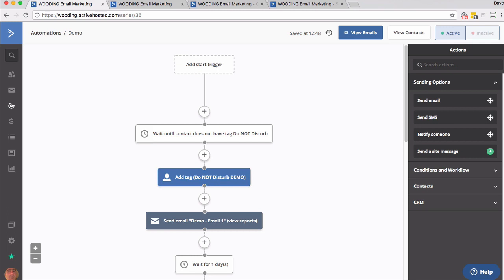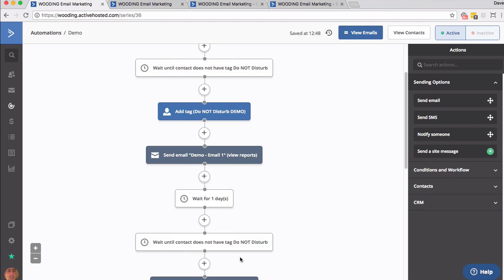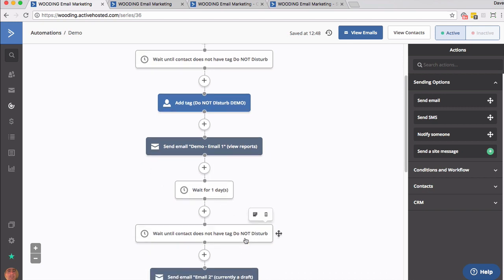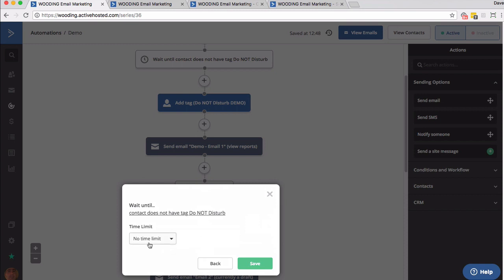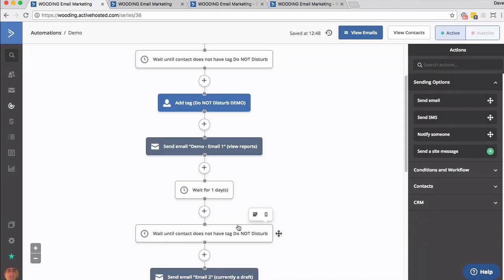If they don't have that tag, continue on. First thing after that we do is we apply a Do Not Disturb tag with the name of the automation. In this case, Do Not Disturb Demo. And then we send an email, we wait a day. We come back and then again we check, do they have a Do Not Disturb tag? As long as they don't have that, they move on. And typically we set this up with no time limit, so in theory they can be at that one step forever